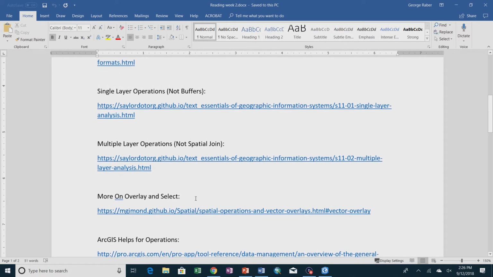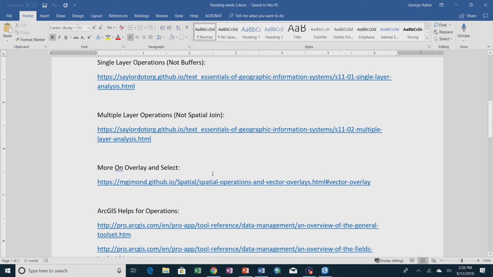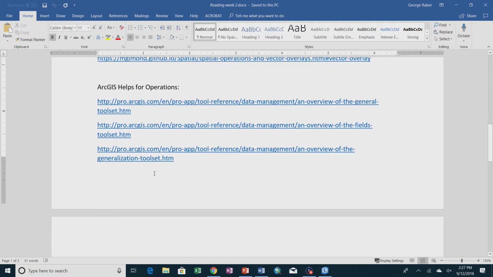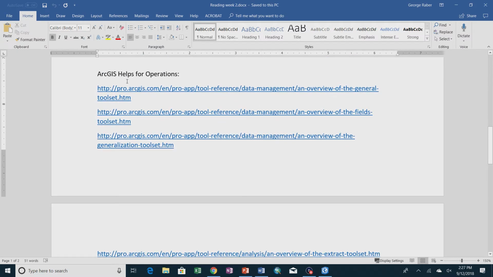But then most of the lecture we spent on talking about these particular terms, the single layer operations, and then multiple layer operations like overlay. And then this is a different book that talks about overlay and select in a separate place, but they're all good readings to go through. The next part here is this